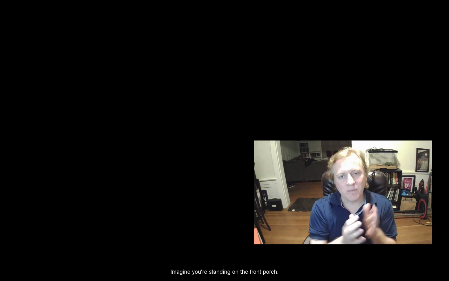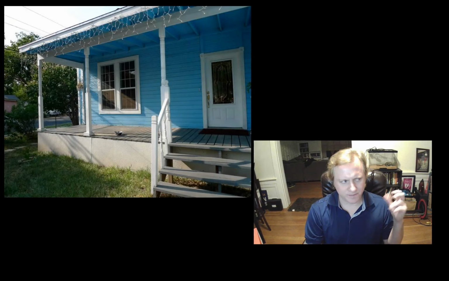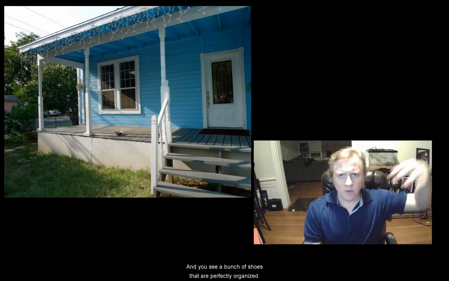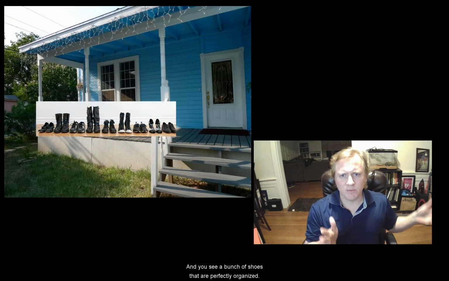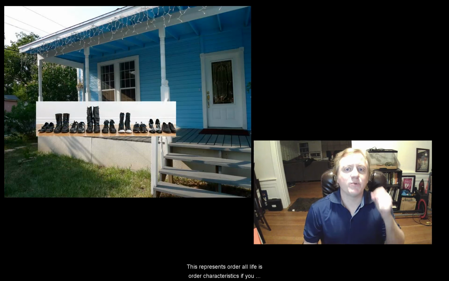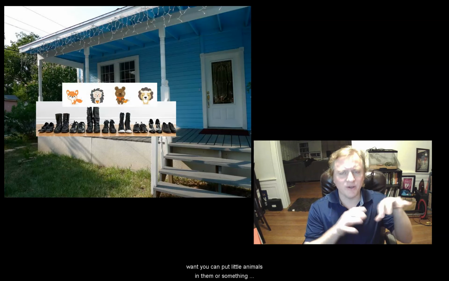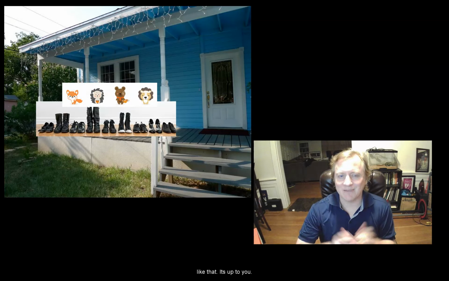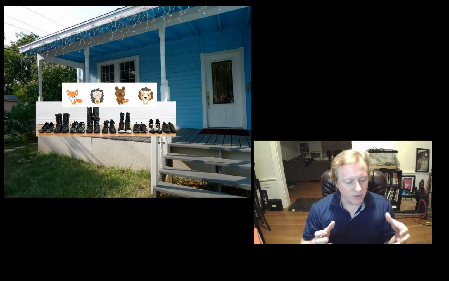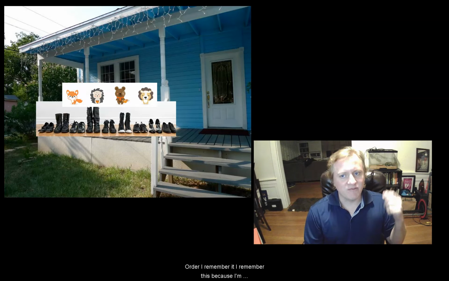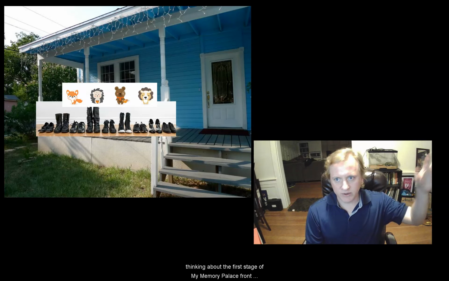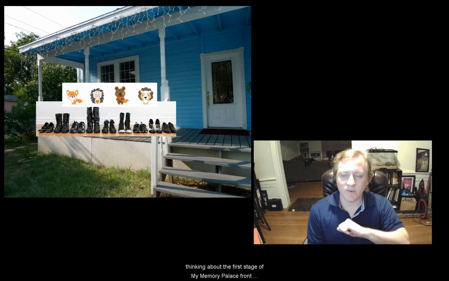So imagine you're standing on the front porch and you see a bunch of shoes that are perfectly organized. This represents order. Okay, all life has ordered characteristics. If you want, you could put little animals in them or something like that. It's up to you. Okay, so order. I've remembered this because I'm thinking about the first stage of my memory palace, the front porch,